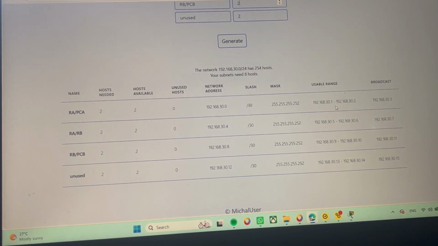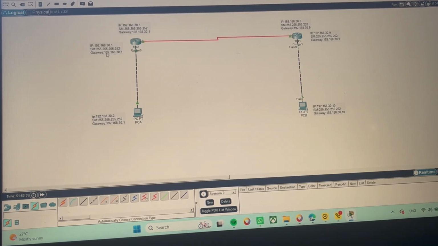This is for the first LAN router by PCA, router A, PCA. This is for router B, PCB. And this is the connection between router A and router B. The IP address assigned to this router